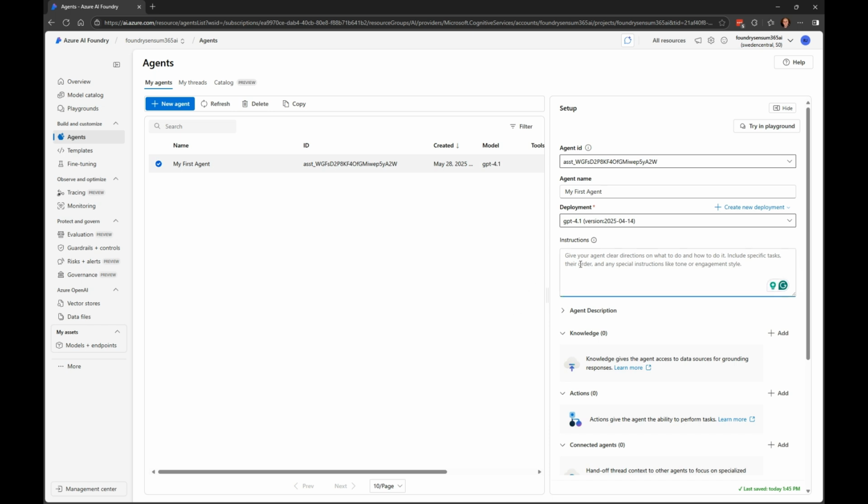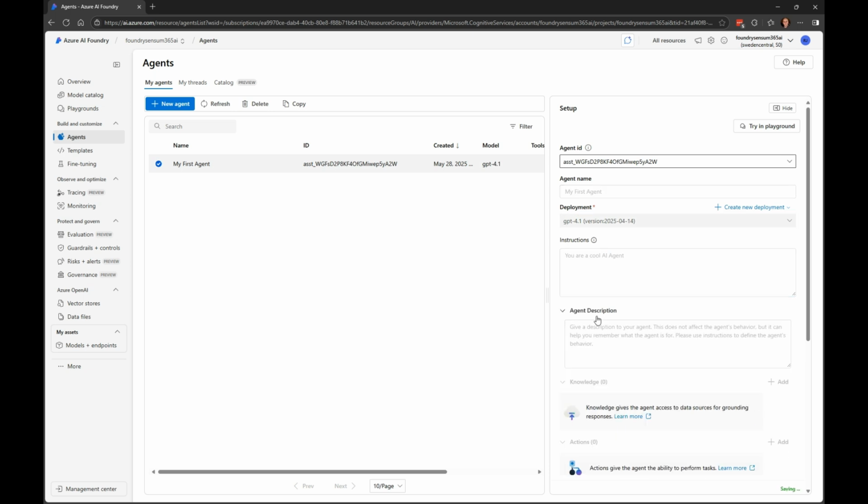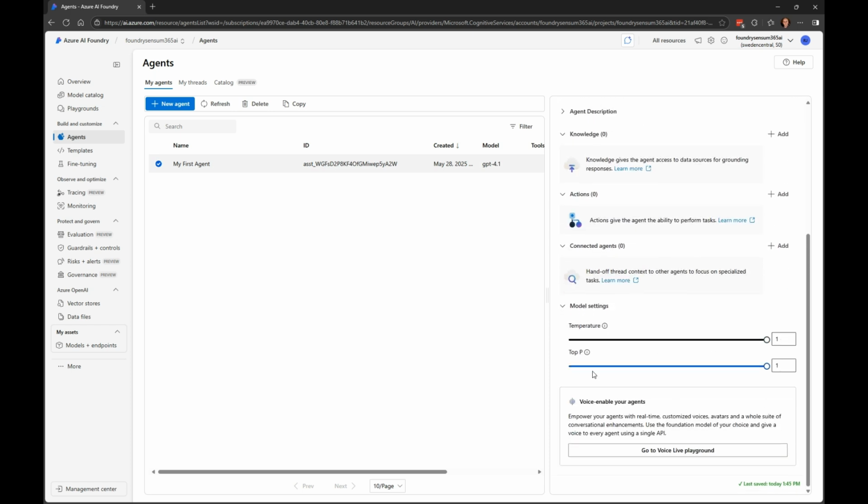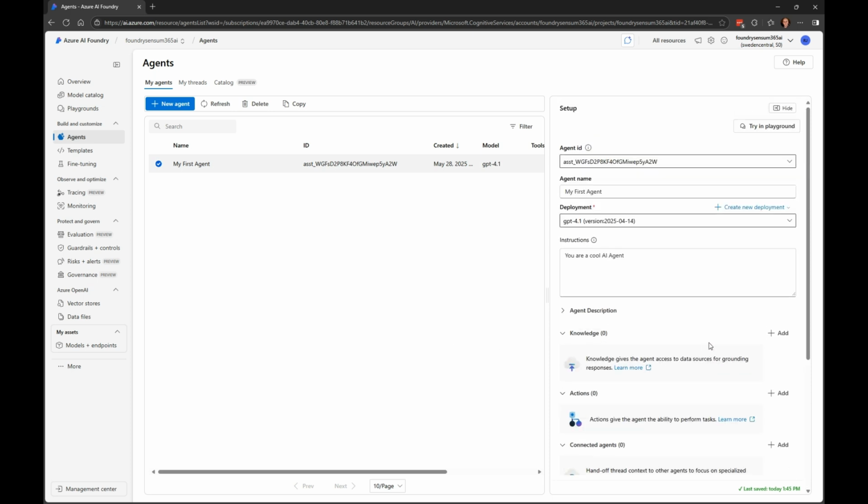And we can just write, you are a cool AI agent. Then you can give it a description, which doesn't affect anything, just for this portal. And then there's knowledge, which we'll go into a bit later. We can set the temperature and the top P, like normal stuff. There's no save button, so you need to go out of the fields for it to save.